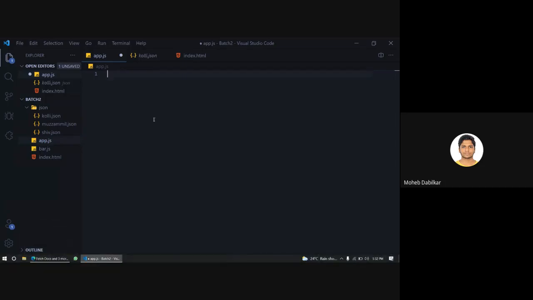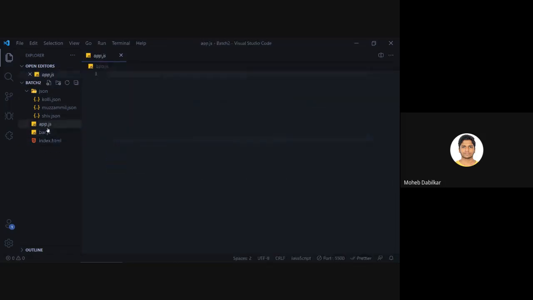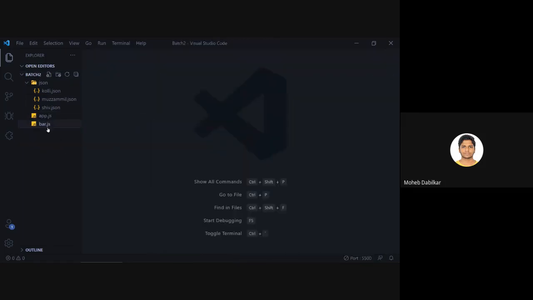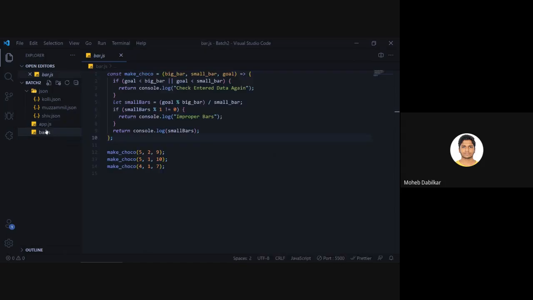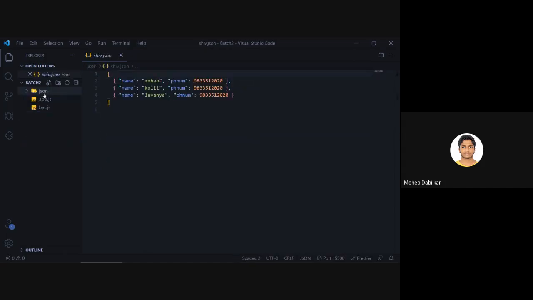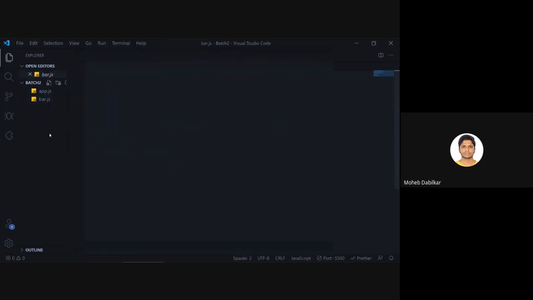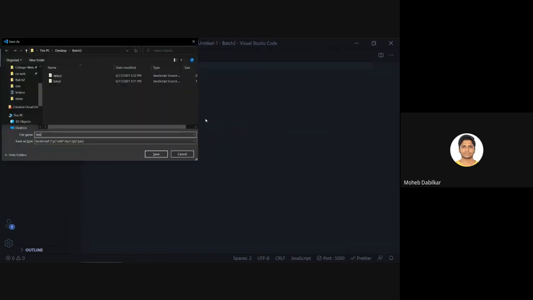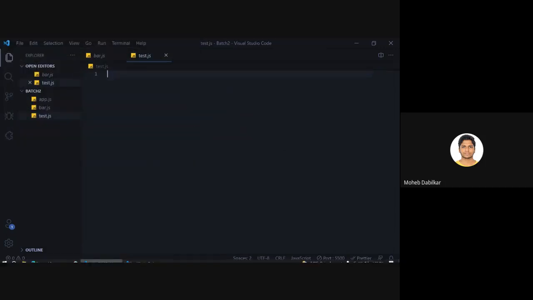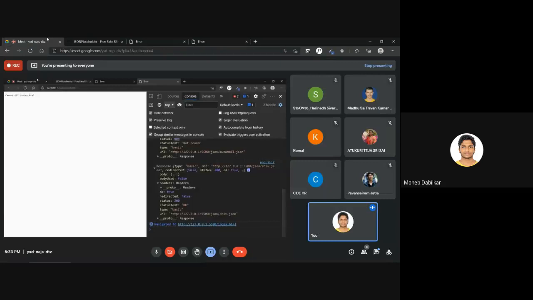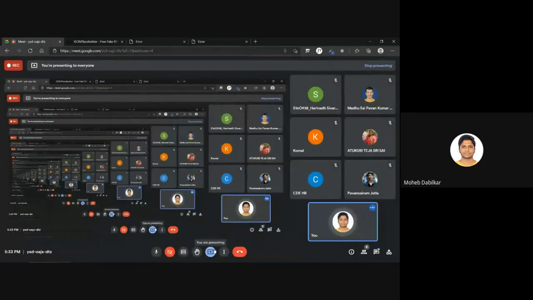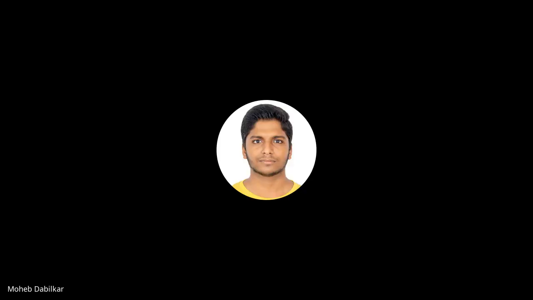And actually we are going to start with modules in Node.js and all. So let's just delete this. Okay, what I want you guys to do right now is we will create a new file. We'll just save it as test.js, and I will just copy down a question for you, and I want you guys to interact with each other and solve that question. So please wait for 2 minutes. I will just copy paste the question.